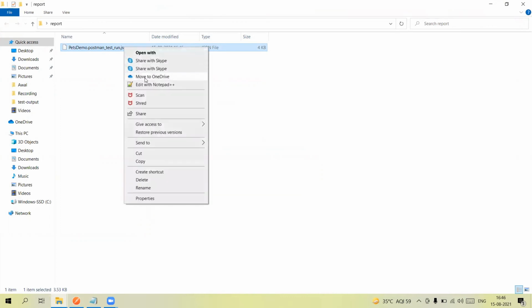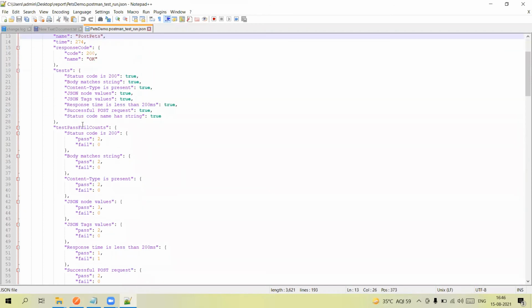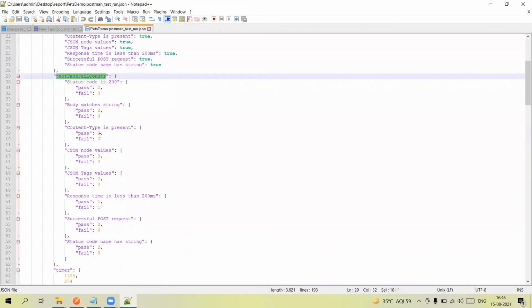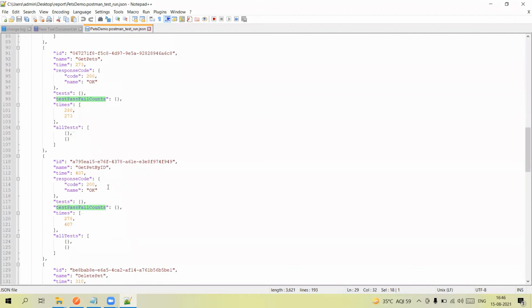You can open this and you will get the JSON format: the collection name and all these details. These are the results of the pets and post pets, the failed assertions as well as the passed assertions.